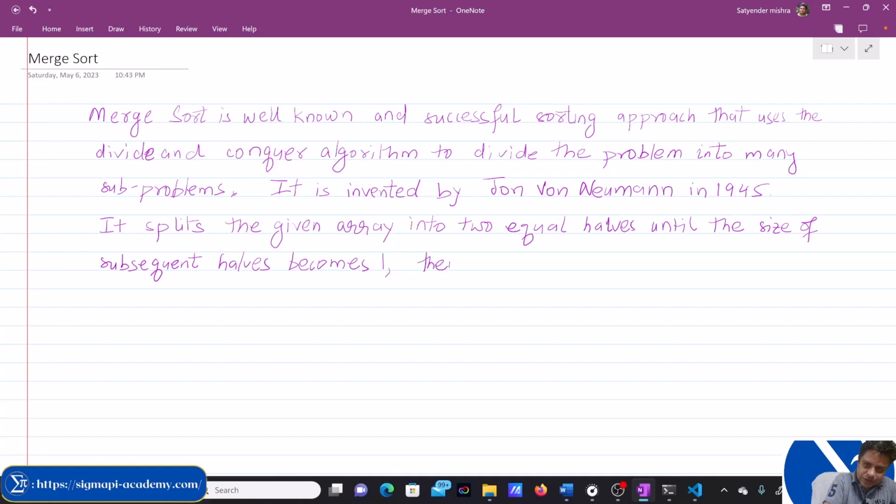Then it calls itself for the two halves and merges the two sorted parts